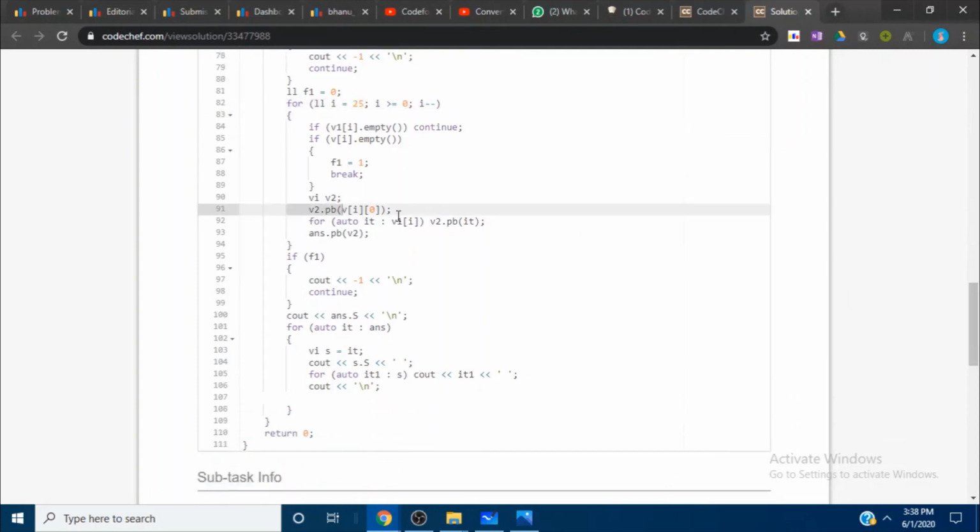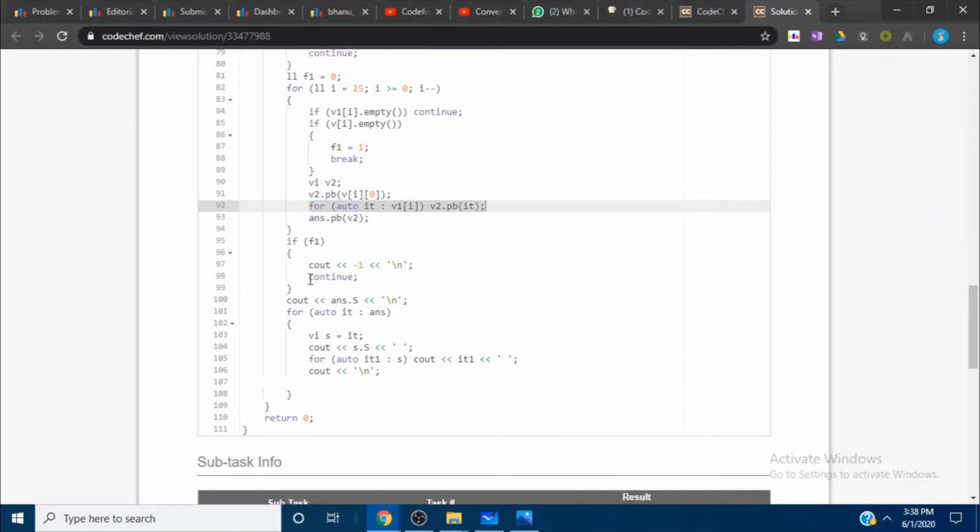I will store the information of that character, the first occurrence, like v of i of 0, into v2, and I will store the positions from v1, the positions of the characters in b of i. I will take all that information, put it into the vector v2 and directly push it back into our answer vector.